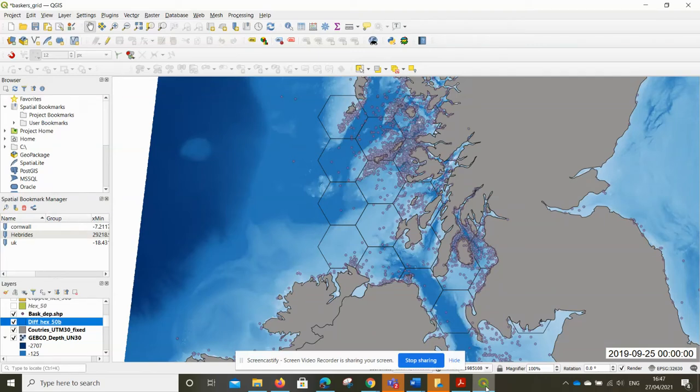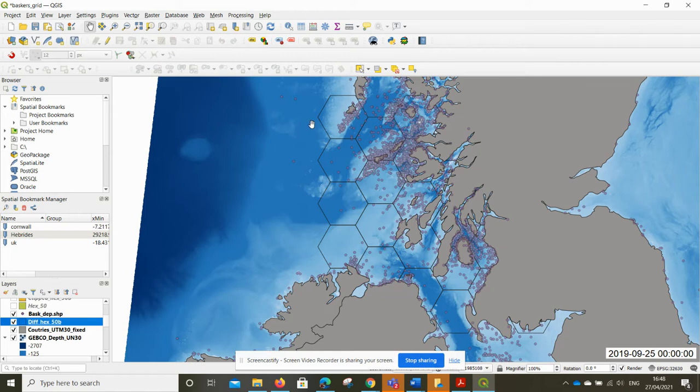Okay, in this example, I'm just going back to that basking shark data, but I'm just going to show how to get zonal statistics, which is to draw raster information into polygons. So the only raster I've got on here is depth, so it's not the best example, but I've got a depth layer behind, and then I've got these hexagonal polygons, and all the points are basking shark sightings. So what I want to do is attach the average depth for each hexagonal polygon on here, and it'll work